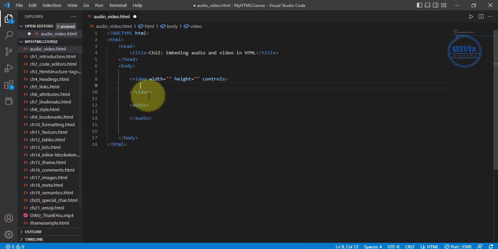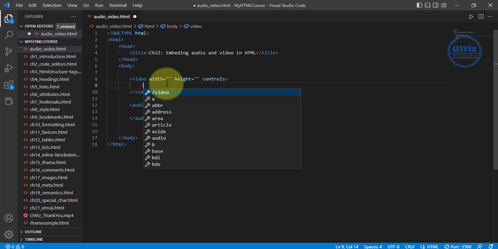So we need to tell the video tag where our video is actually present. How to tell this tag from where to pull that video so that it can be played on the web page? We'll have this tag called source and close it, and here we'll add the actual source, src equals to,